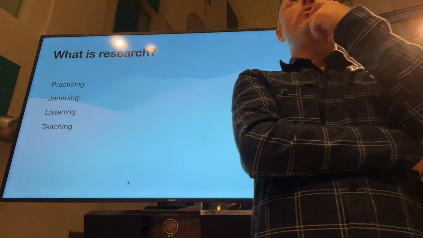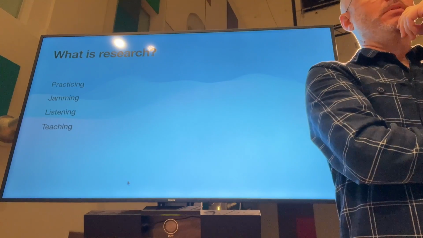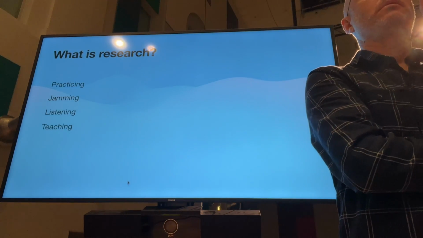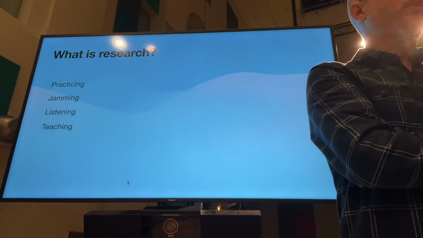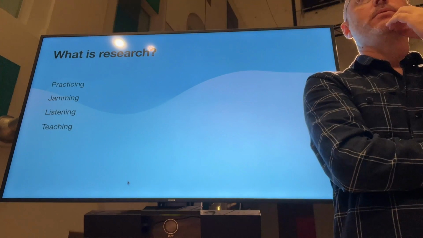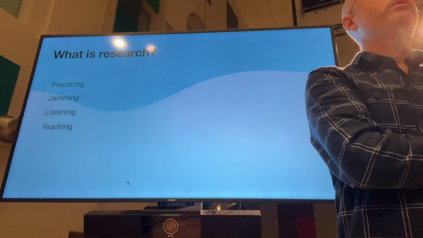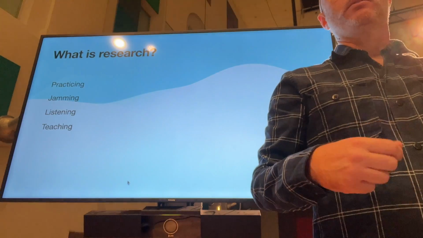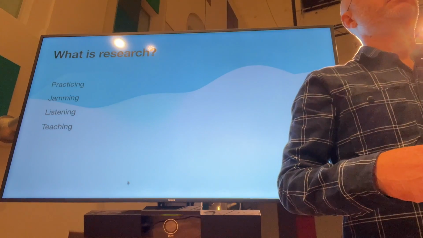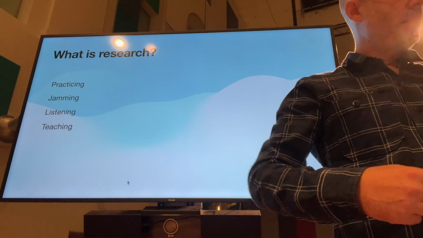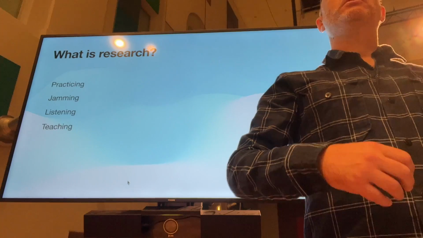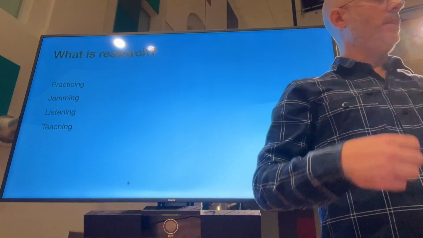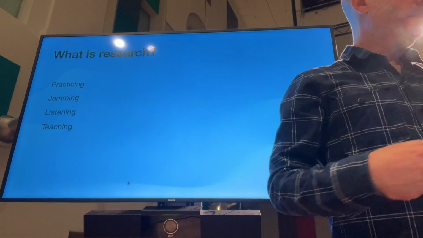Well, to answer your question, I think it always starts with a question. I think the minute you ask a question, you are researching. Even if you're saying, how can I play this passage which I've played every day for the last 4 years? How can I play it easier? That's a question. And then you're working on your position, your speed, your tone color, your intonation, all those things.